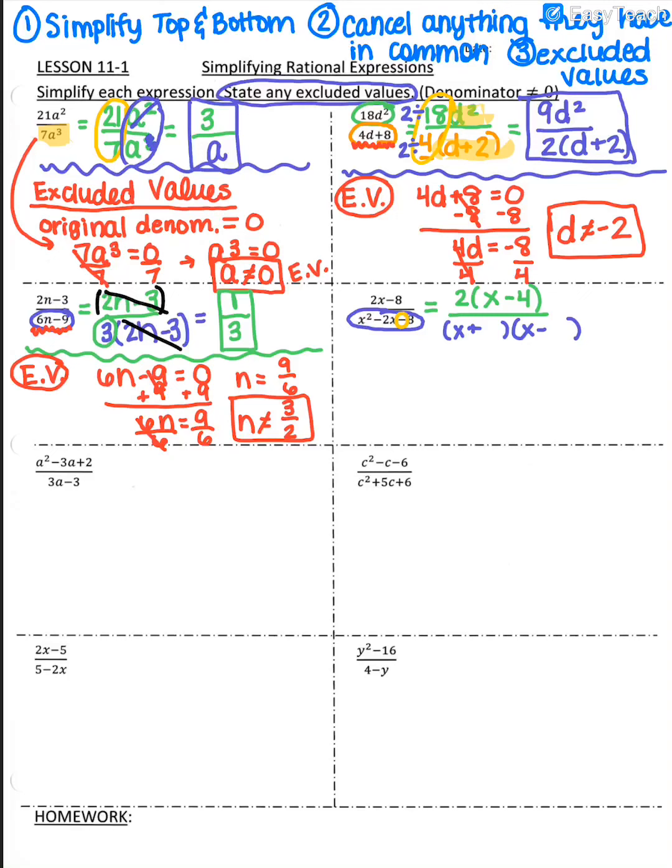Okay, so I need numbers that are going to multiply to 8, but subtract to give me 2. And so the only two numbers that work for that are 4 and 2, because 4 times 2 gives me 8, but 4 minus 2 gives me 2, that middle number that I'm looking for. So we're going to take the bigger number and put it with the middle term sign, which is a negative. So the 4 needs to go behind the negative,